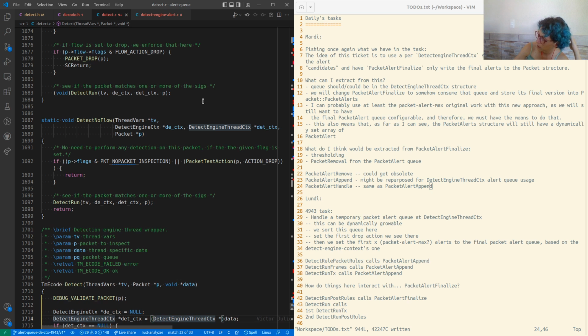Detect data, we get data. Detection engine thread wrapper, thread vars, packet to inspect, data thread, specific data, packet queue. That is what we want to, no, that's the packet queue, not the packet alert queue.